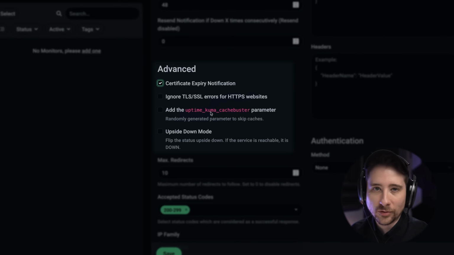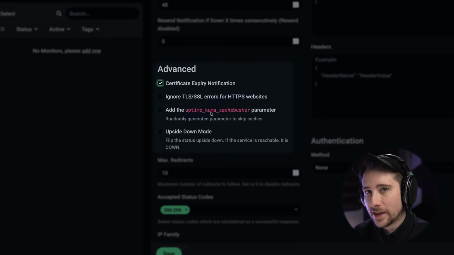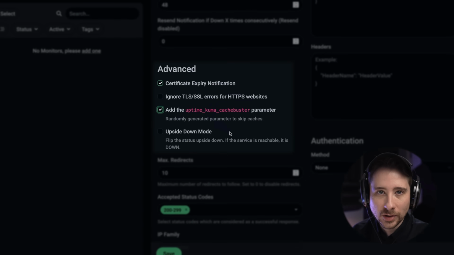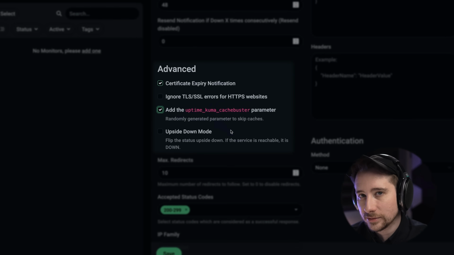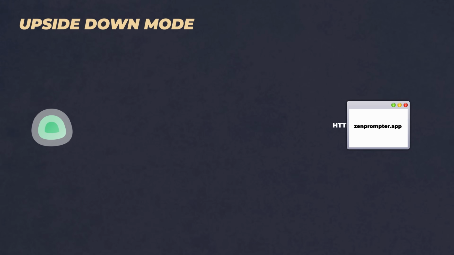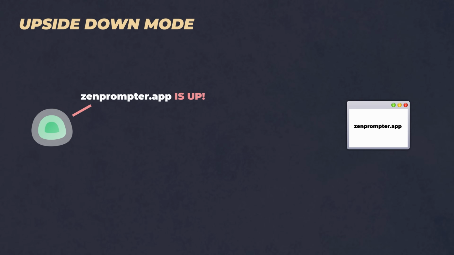Because I use Cloudflare Proxy, which provides a cache, I'm going to go ahead and enable this so that my monitor isn't hitting the cached value, which could lead to a false negative. The last of the options of these 4 checkboxes is to enable upside down mode, which allows us to invert a monitor in order to send a notification when a website is accessible, rather than when it's not. This may seem a little bit confusing, but we'll take a look at a couple of examples where this is